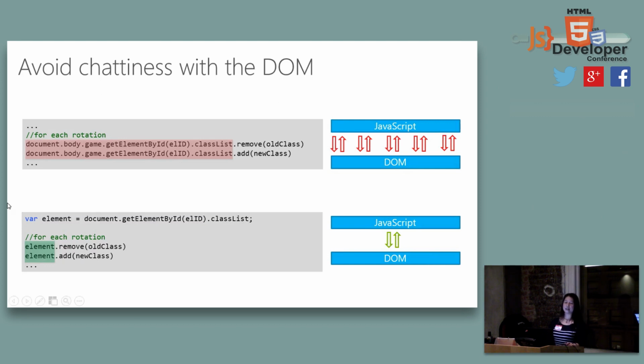So a better way to do that is you just assign that particular one to an element. You do it right in the front, and then in the for loop or whatever, you just use it like this. element.remove, element.add. It's also better for readability. It's cleaner now, right? So this will actually help you a lot with the DOM parsing as well as processing the JavaScript. Right? Anybody make a mistake like this? Yeah, I know. It's just so natural when you write this code.